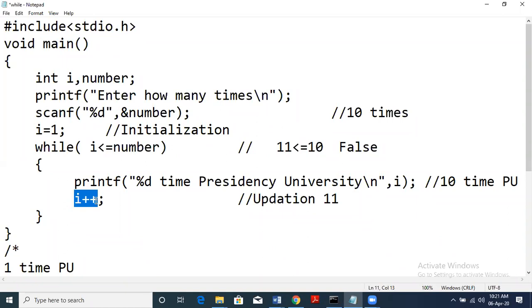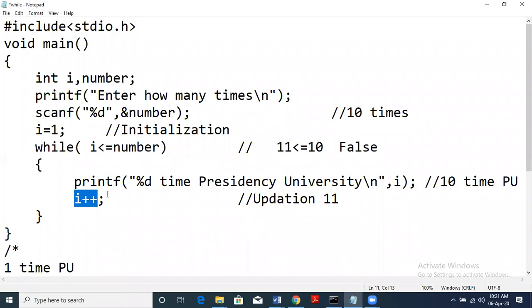So we are incrementing the value of I. We are printing the value of I starting from 1, and then incrementing it again. So 1, 2, 3, 4, 5 up to 10. We are adding 1 every time. One way of implementing loop is by incrementing the index. Another way is by decrementing the index.